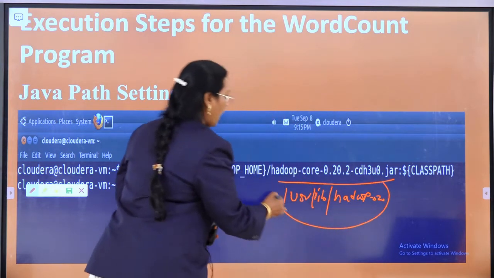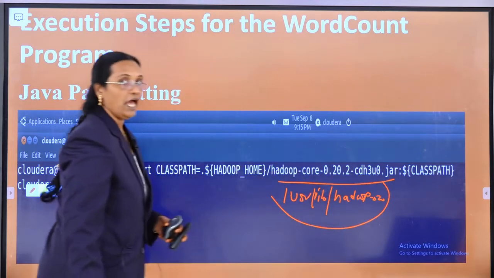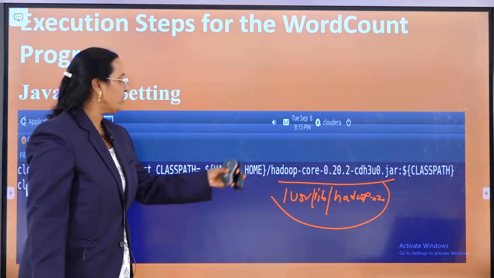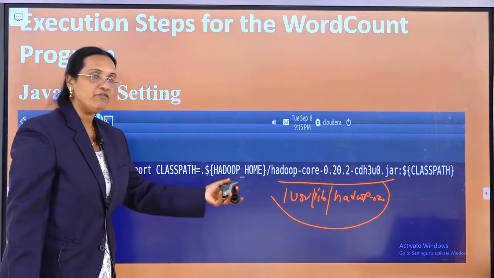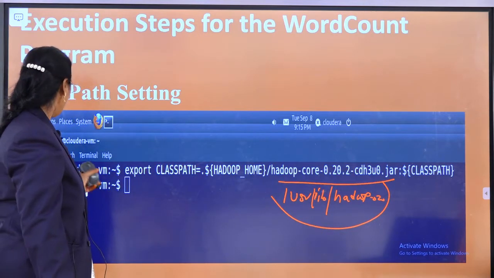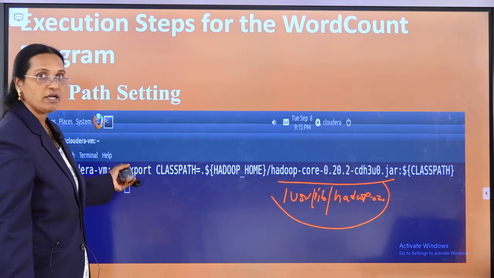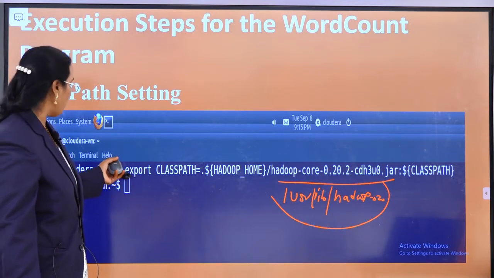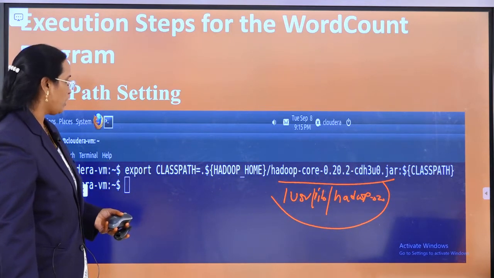So in this path, this file is available. You can copy the file and keep it wherever your current working location is. So this is my current working location, and I am keeping the file at that location.